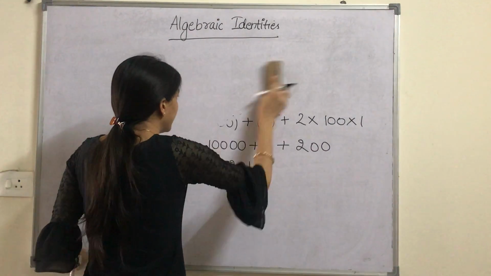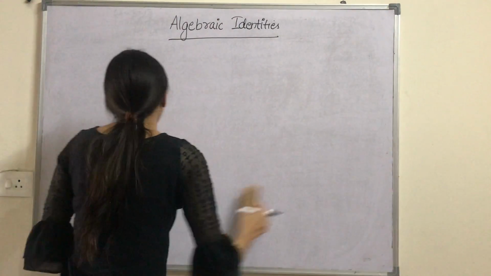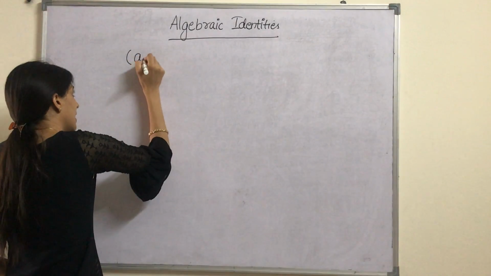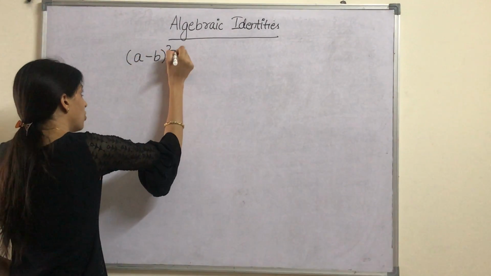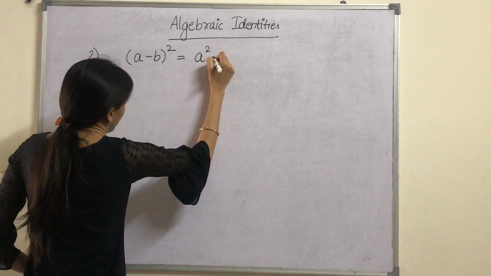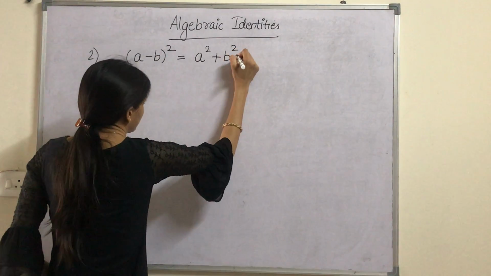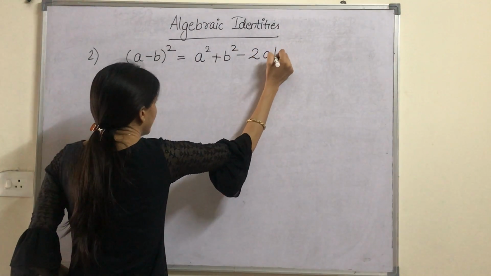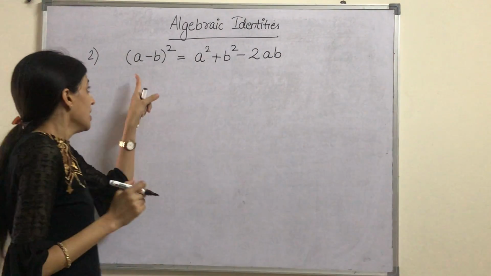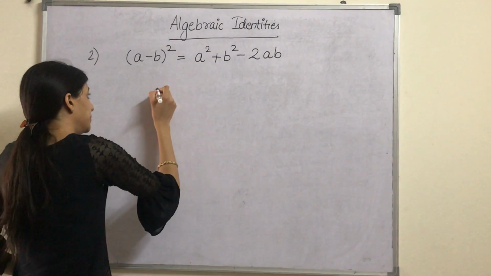The second identity is (A minus B) whole square. What is the answer? A square plus B square minus 2AB. Right? So, suppose a question is given to you